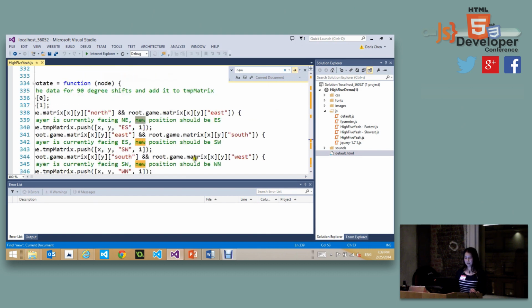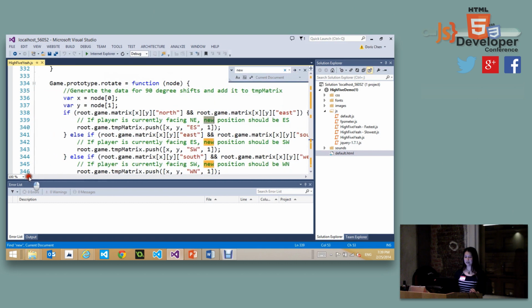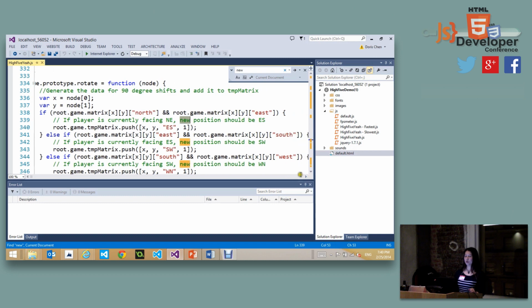Then let's look into the rotation and commit part. When I click on any of the players, it's going to rotate, a 90 degree rotation, right? In my first implementation, I check the different directions, for example both north and east.